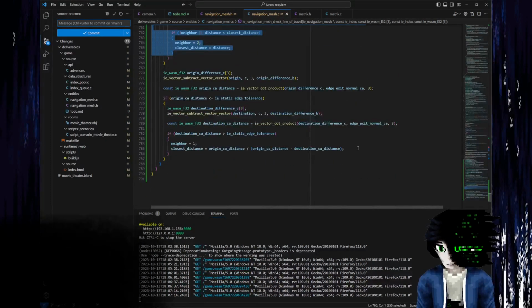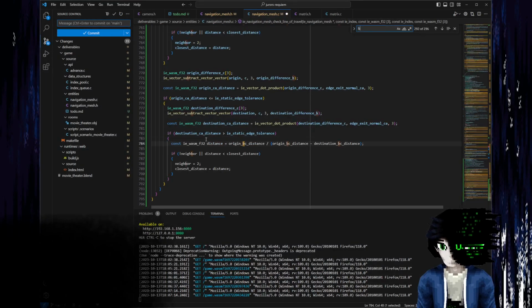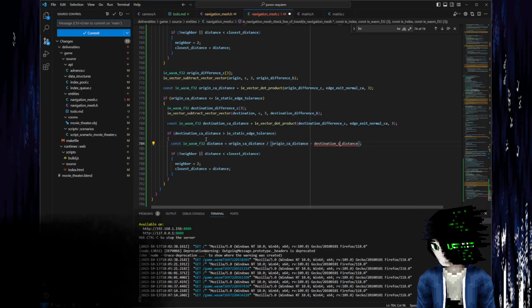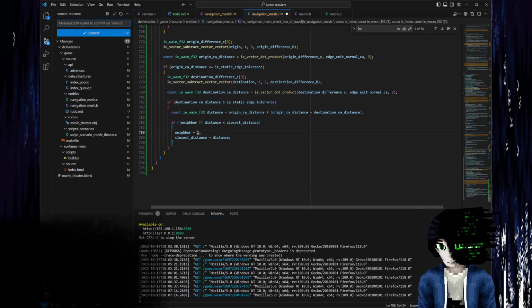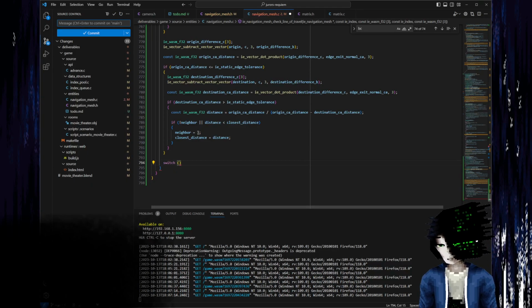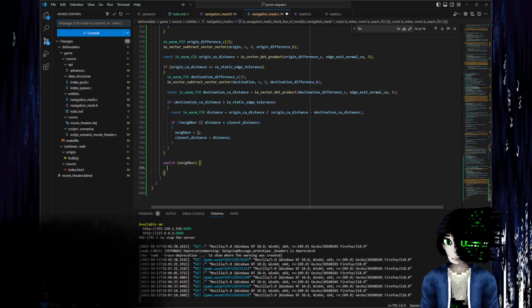And then we have to repeat this down here for this one. At which point we now know which edge, if any, we've crossed, and we now can do a switch case down here. So, neighbor. So if we didn't cross an edge,